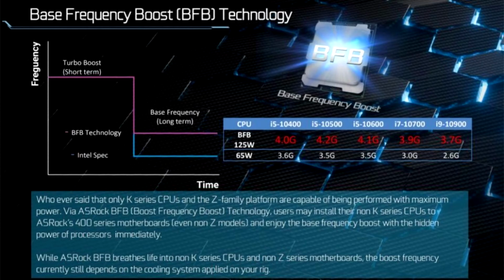Non-Z motherboards and non-K Intel Comet Lake processors get support for overclocking by ASRock. ASRock has recently made a bold statement regarding overclocking on their 400 series of motherboards. According to the company, users can now easily overclock non-K CPUs on any non-Z compatible motherboard, mostly the